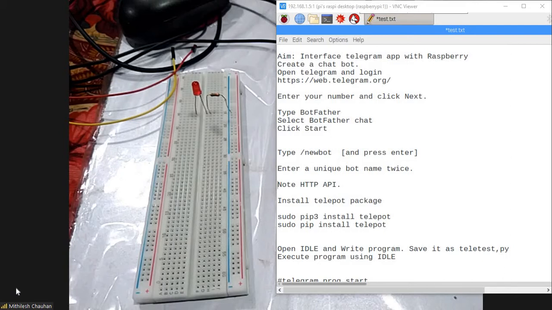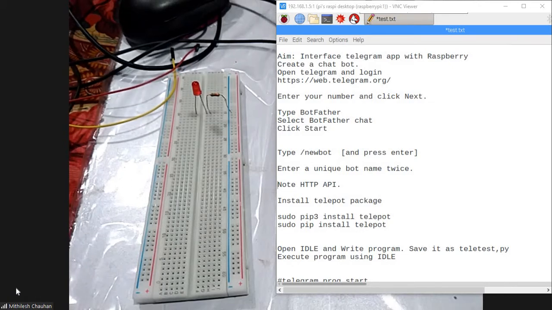So to interact with this, we are using an app called Telegram. First of all, we have to create an account, or register ourselves, on the app. To demonstrate, I'm not going to use a mobile phone. I'm going to use the desktop version, or say the web version, of the application.